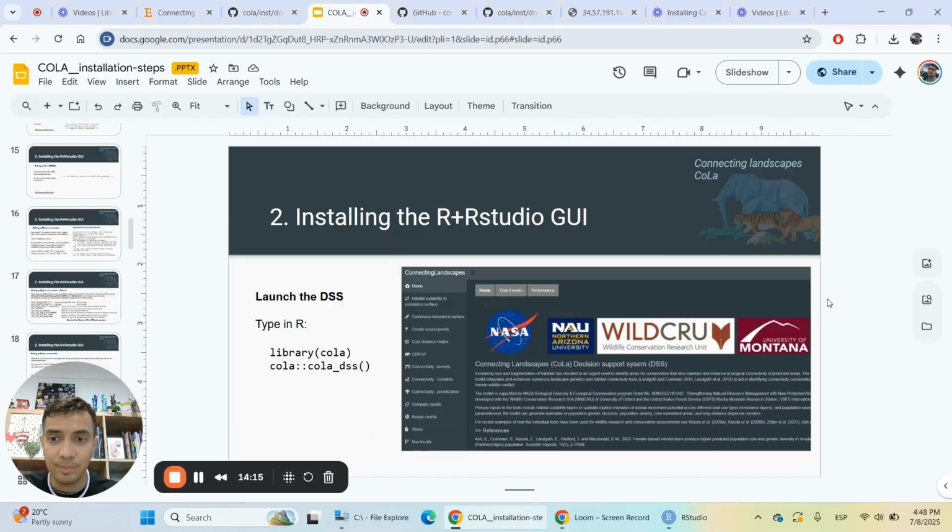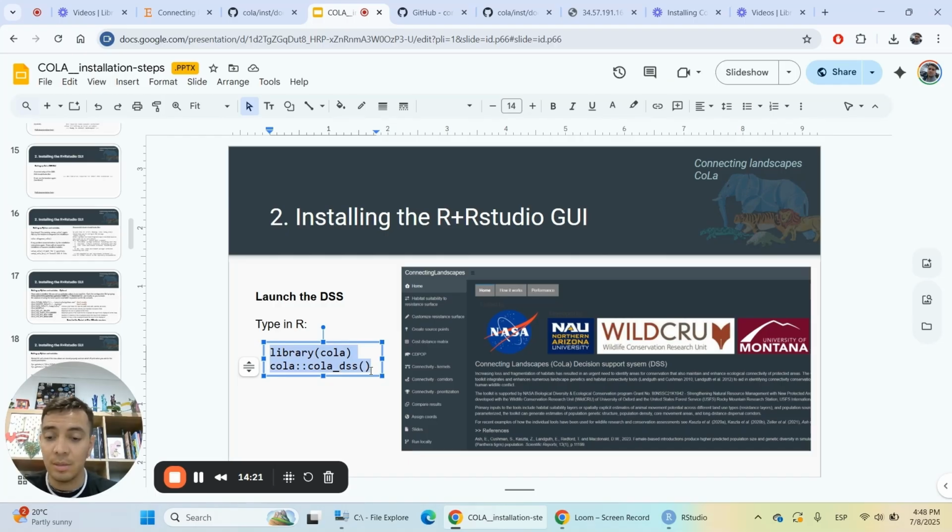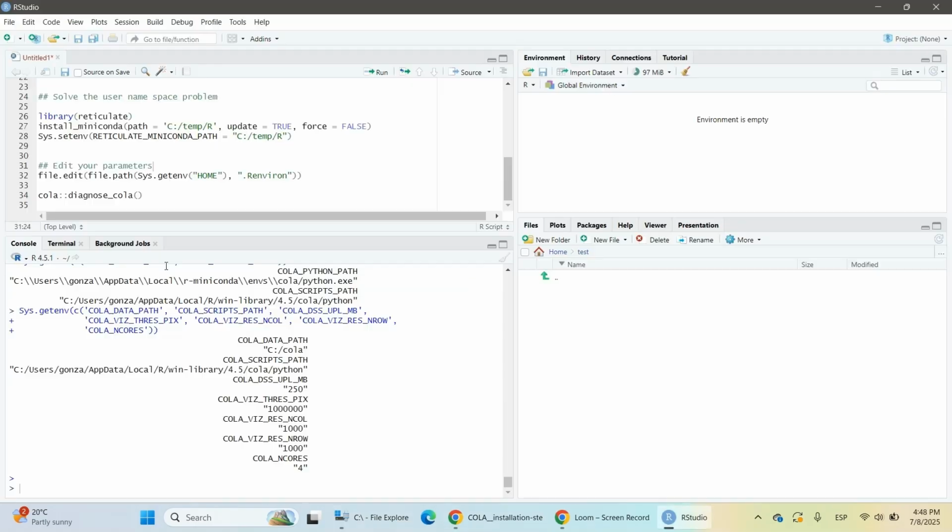Let's move on. And now, in order to launch or execute CoLa, we need to run these two lines. The first one is